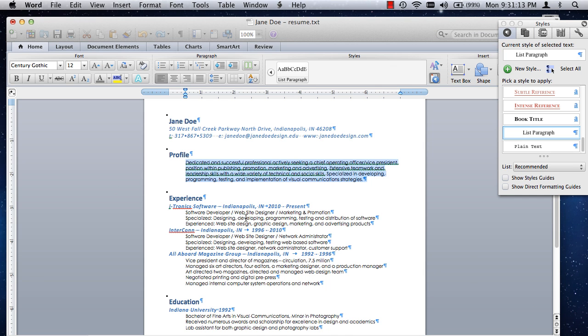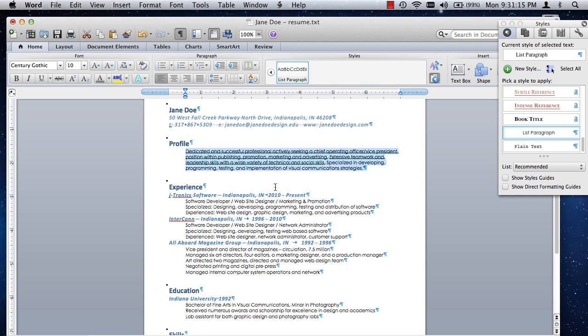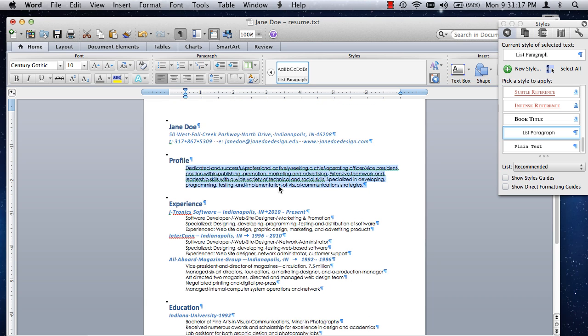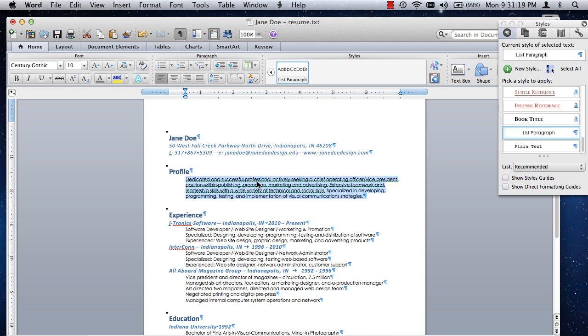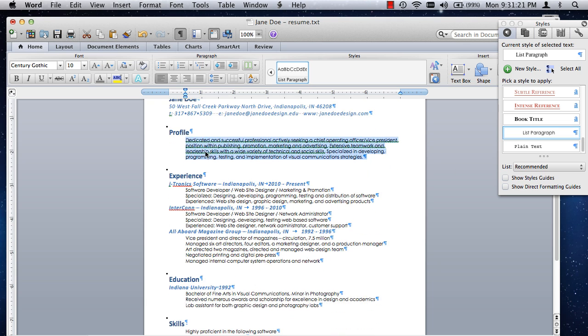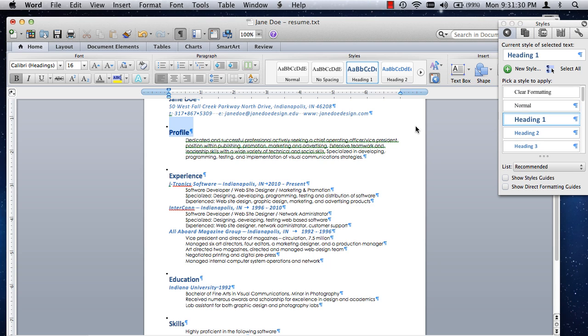Hit OK, and they all change, which is really super quick. This is one of the best lessons you'll learn: dealing with paragraph styles. It makes light work of something that was otherwise very hard. Now in the profile, what style was that? That was a heading. So if I wanted to change the font on that, I would click on the little arrow, go to Modify Style,